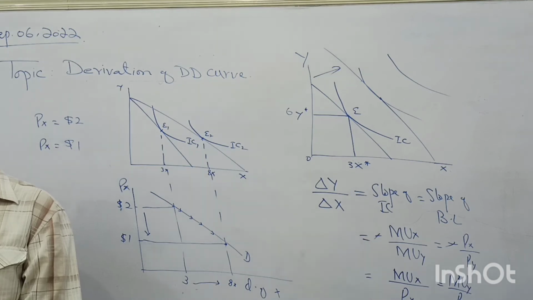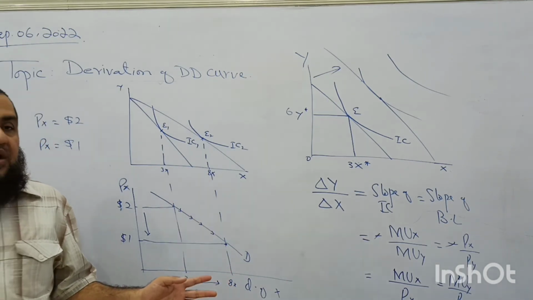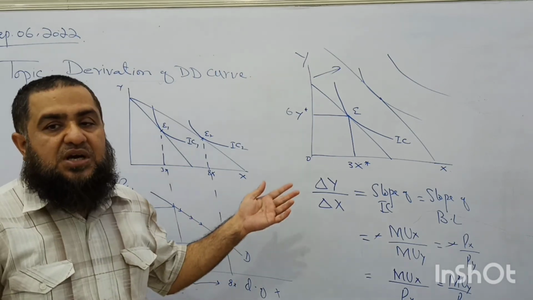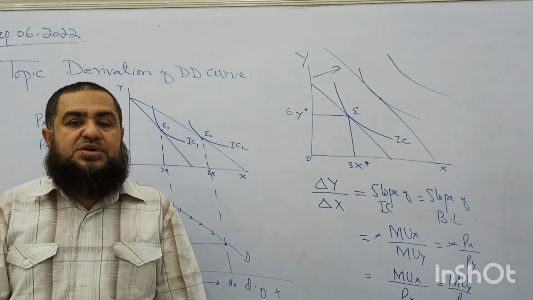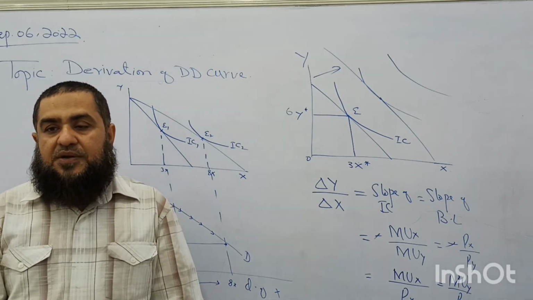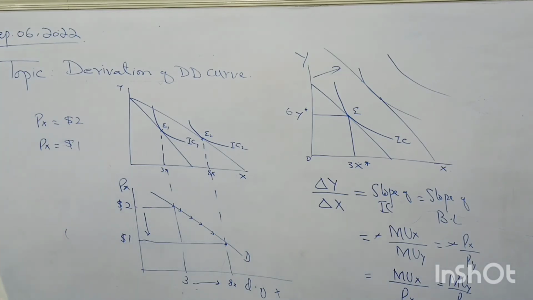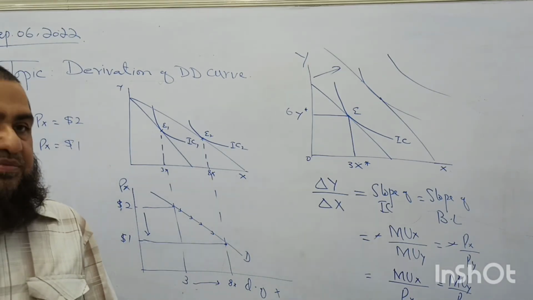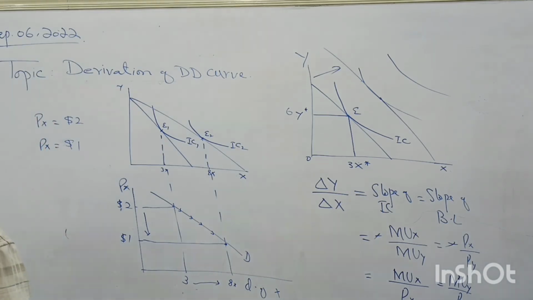Anything which you do not understand right now? Consumer equilibrium I have explained, and I have explained another thing that is called the derivation of demand curve from this approach. Clear? This is the lesson of today, and tomorrow we will be doing substitution and income effects of normal good and inferior good. Both of them simultaneously in one class we will be doing that. Clear? Thank you.